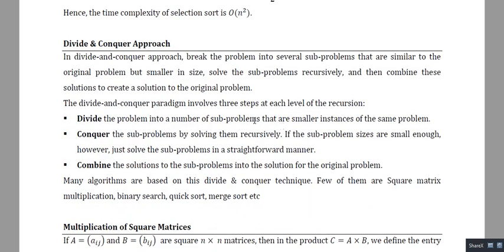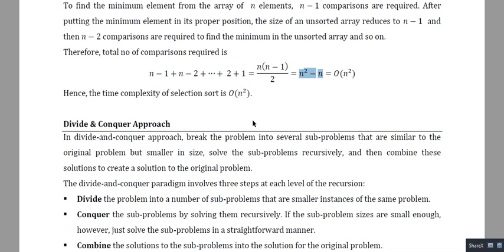So this is all about our brute force algorithm, right? In a brute force algorithm, we just try all the possibilities without applying any special techniques. We just depend upon the computation power of our computer system in the case of a brute force algorithm.